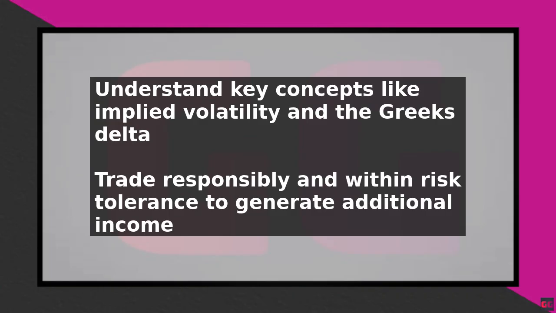Finally, it is crucial to have a solid understanding of the Greeks, which are measures of the sensitivity of the option price to different factors, such as the price of the underlying asset and time to expiration. The most important Greeks for sellers are delta, gamma, theta, and vega. By following these steps and understanding the key concepts and risks involved, you can effectively sell option contracts on Robinhood and potentially generate additional income.